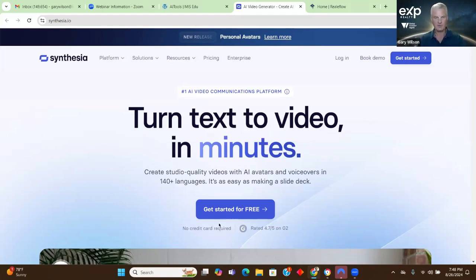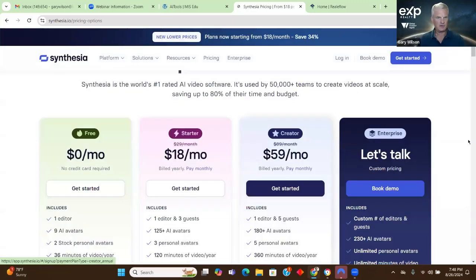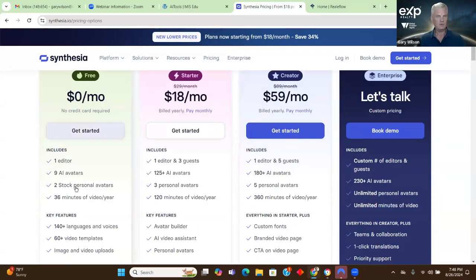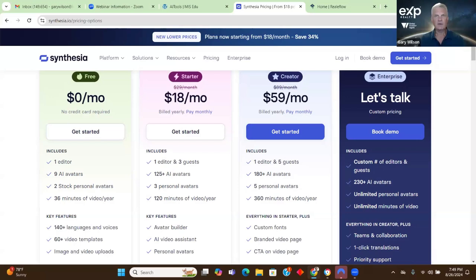No credit card. I like that. No credit card required. Let's just click on it and go one step further. Okay. Now, free, no dollars per month, no credit card. Get started. You get one editor, 9 AI avatars, two personal avatars, 36 minutes of video per year, key features. So this is ongoing. You'd burn through that really fast. Yeah. But what I was afraid of was just like for a month. It turns out if somebody is doing this on a smaller scale, they could literally get this for free, you know? Sure. So, right, let me go back here